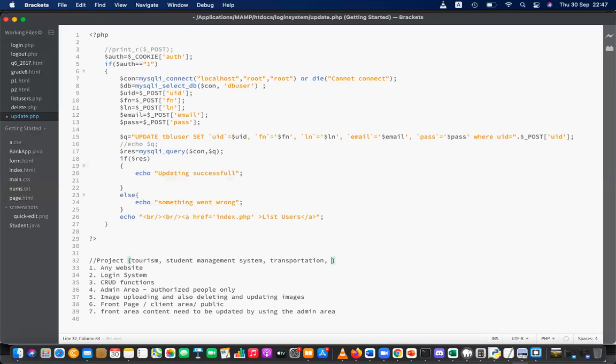Or you can try a hotel reservation or library book reservation. Okay, this is the final project. I know it's tough. You will be given 1 month to complete it. On the final day, after 1 month, you have to present your website.